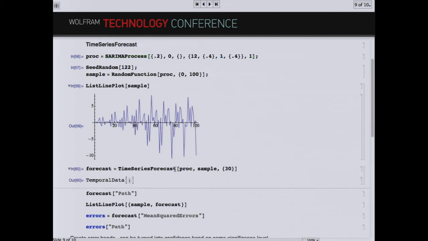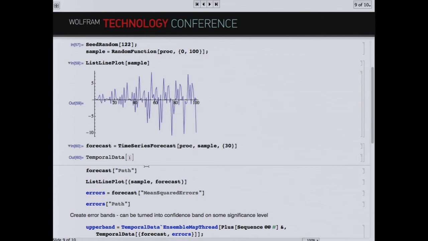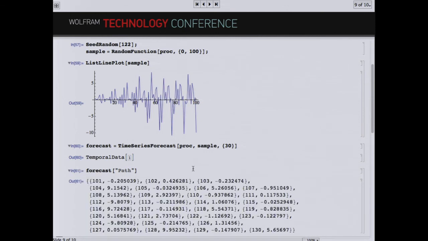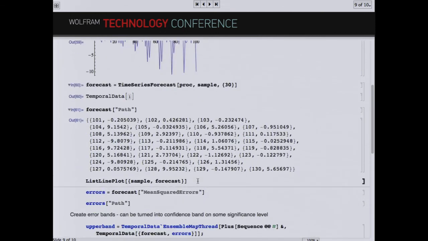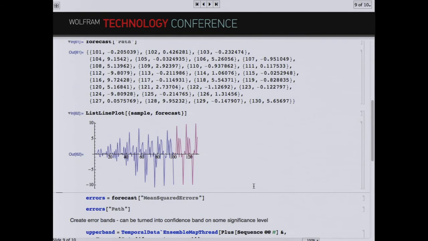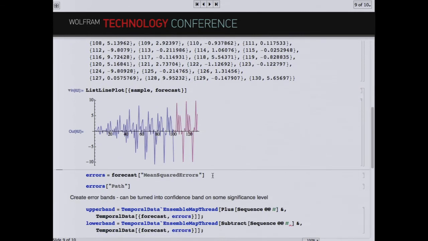So running forecast for 30 more days or more time step observations, this is the path, and we can plot it all together. What we can do also is to access mean squared errors from the forecast. These exist already in the forecast variable. When I ran the time series forecast on that, they were calculated there, and I can just access them